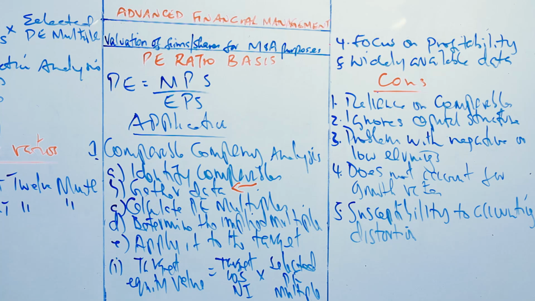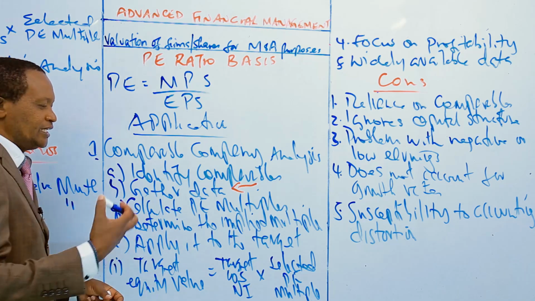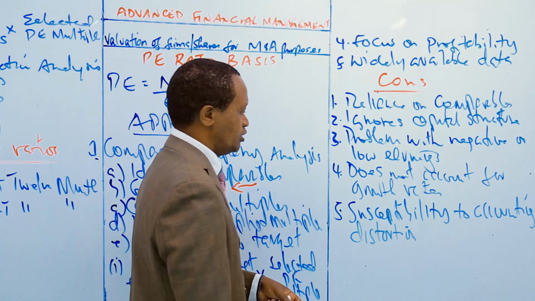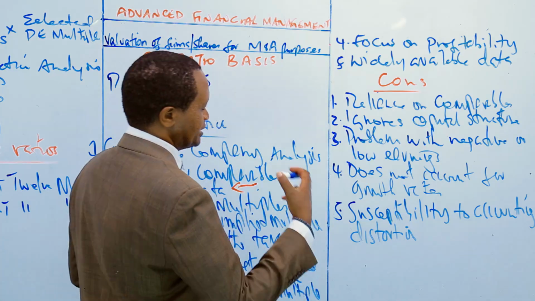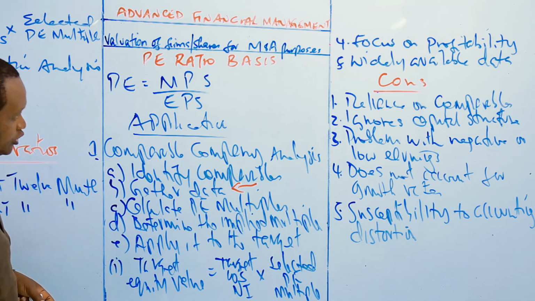Earnings can be influenced by accounting policies, by non-recurring items and management discretion, potentially leading to a misleading PE ratio. So candidates, these are five disadvantages. You can go on and mention